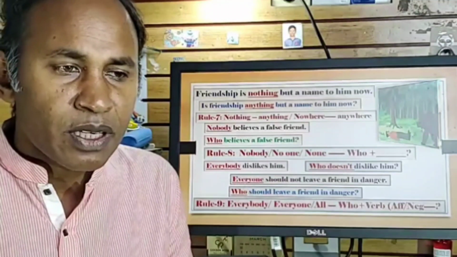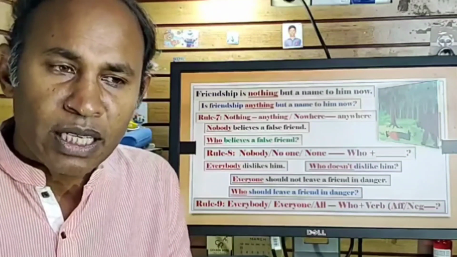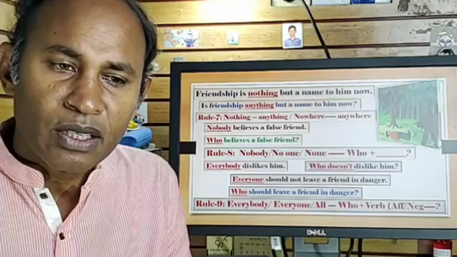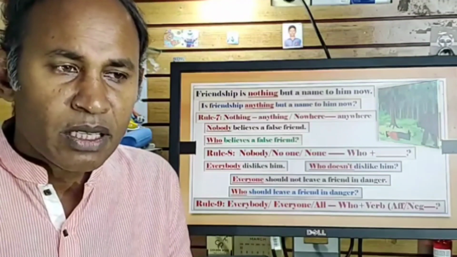And the answer is for you that everybody, everyone, all থাকলে who plus verb affirmative অথবা নেগেটিভ। যদি স্টেটমেন্টে অ্যাফার্মেটিভ থাকে তাহলে নেগেটিভ করবে, আর যদি এটা নেগেটিভ থাকে তাহলে অ্যাফার্মেটিভ করবে। আই থিঙ্ক ইউ হ্যাভ আন্ডারস্ট্যান্ড দিস রুল।